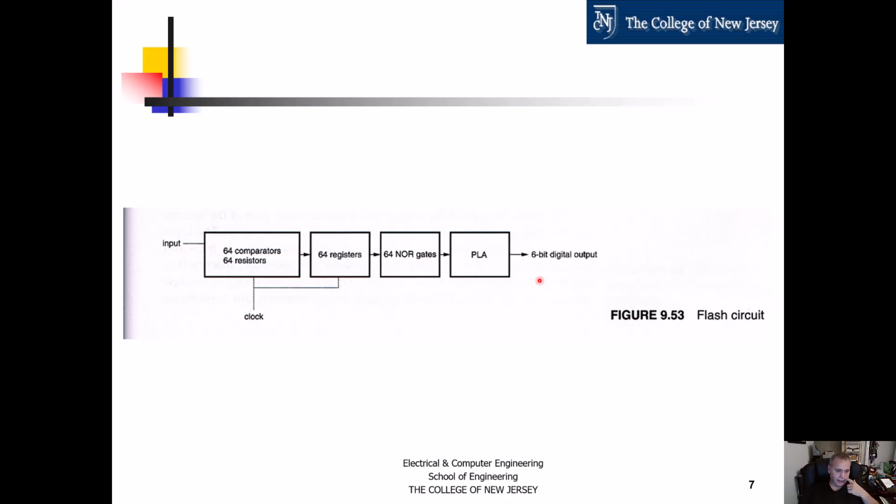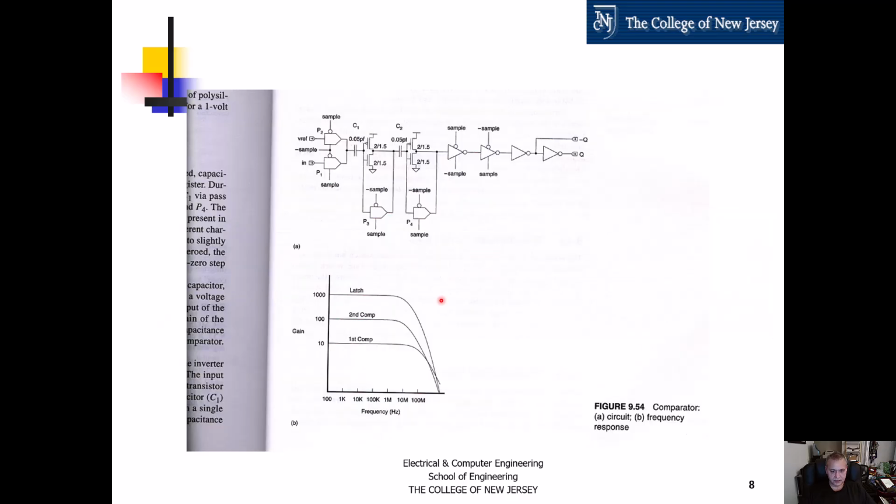So this is basically the architecture. We have the resistor ladder and the comparators. We hold the outputs of the comparators. We then put it through NOR gates that are going to start converting that thermometer input through the PLA, which is the lookup table, into the 6-bit digital output. That's basically the architecture. So let's look at some circuits. First, the comparator circuit that also has the built-in